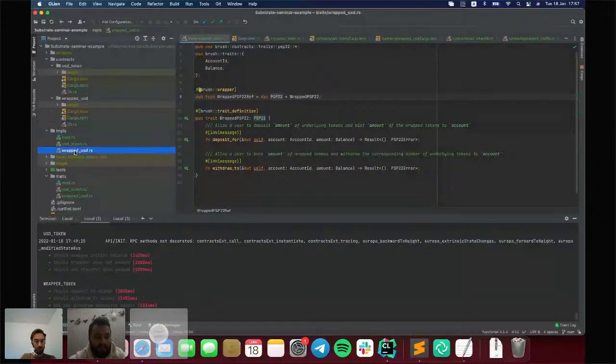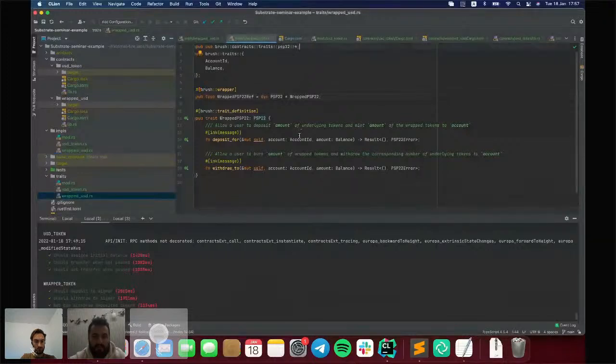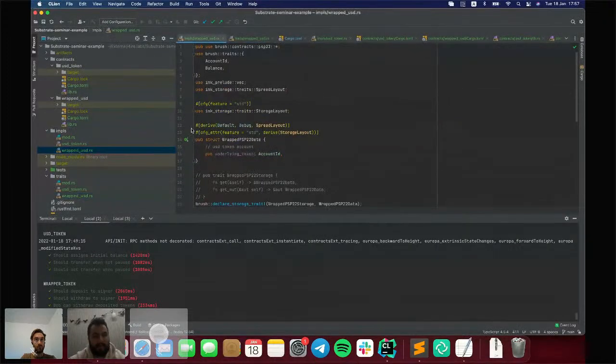Okay, so we removed all stuff related to implementation from here, and now we will use it here in the impl section. So let's import the default implementation for PSP22.